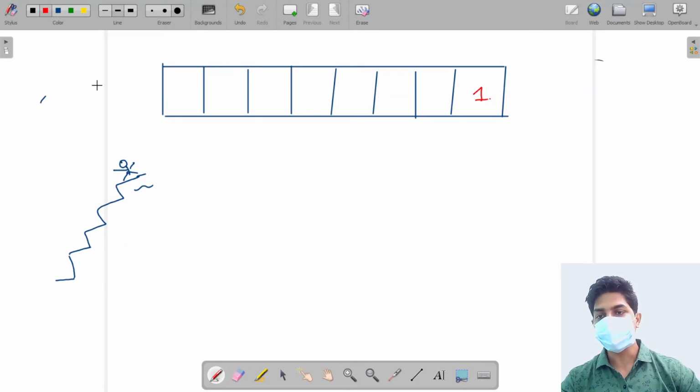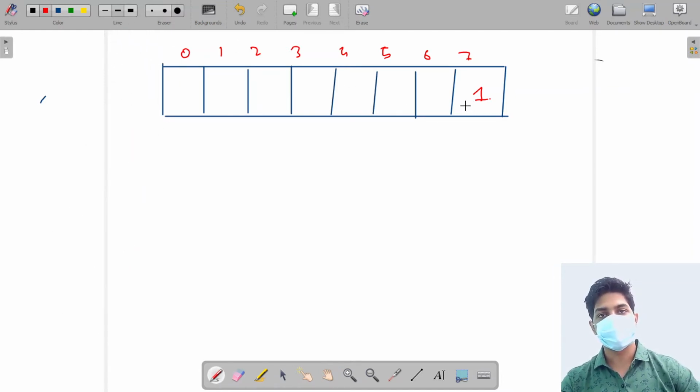Now let me first index it as 0 1 2 3 4 5 6 7. We are on the 0th step and we want to calculate our answer up to the 7th step. If we are on the 7th step, then there is only one way, just to stay over there. If we are on the 6th step, there are three ways. We can take a jump of 1 unit, 2 unit and 3 unit. If I take a jump of 1 unit, I reach station number 7. I will ask that guy how many ways there are from him to the destination. He will return me that there is only one way.